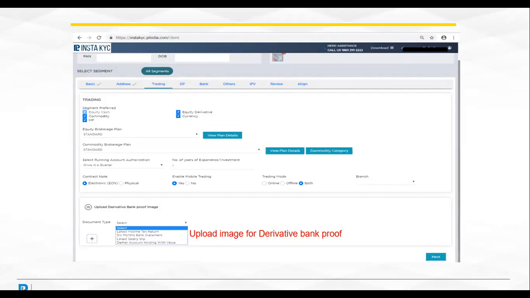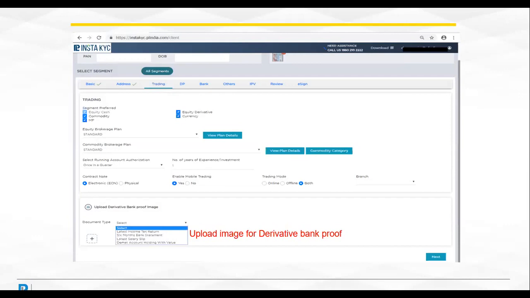For their details, you can see the right side button, that is click to view. After doing that, the BSDA will be by default no, the DIS will be by default no, and the statement frequency has to be chosen as per the SEBI regulations. Then you go next to the next segment, that is the bank segment.